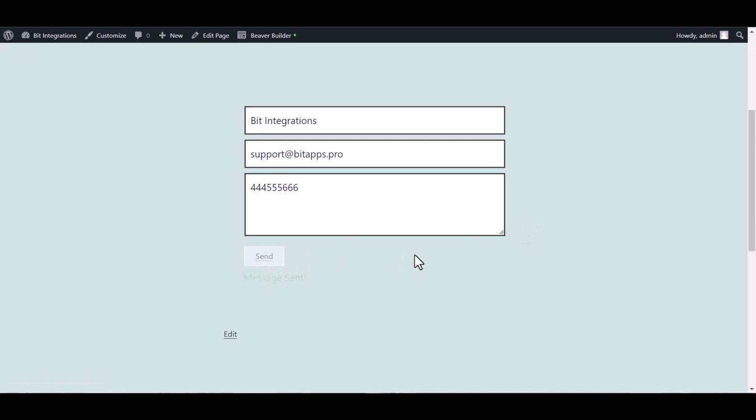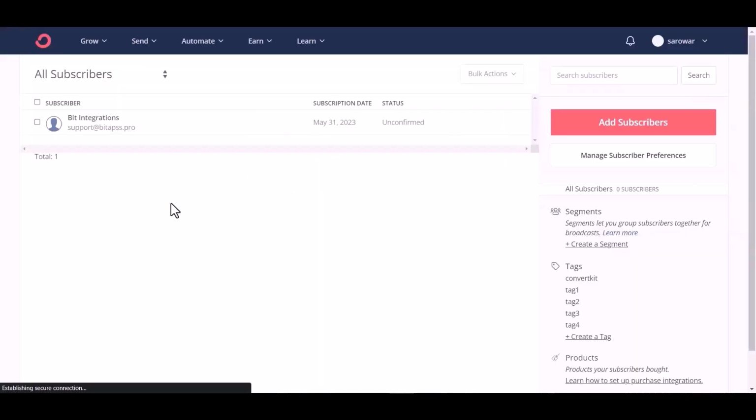Submit it. Form submitted successfully. Now go to ConvertKit site. And you can see the data came